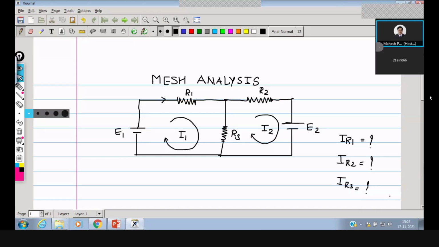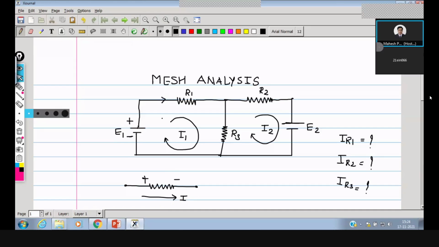Okay. Now, as we discussed, if there is a resistor and the direction of current is from left to right, then we can mark the polarity as plus and minus for the resistive drop equations. Fine. And for voltage sources, the direction of assumed current is independent, because this is the battery voltage source where the minus and plus terminals are there. Okay.